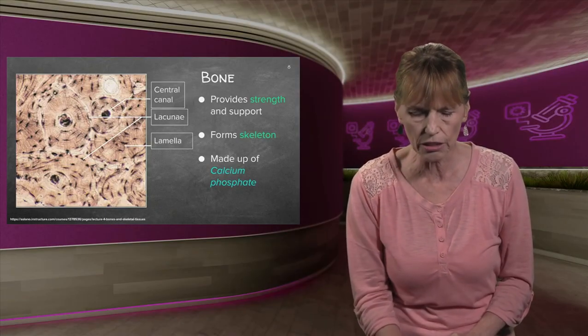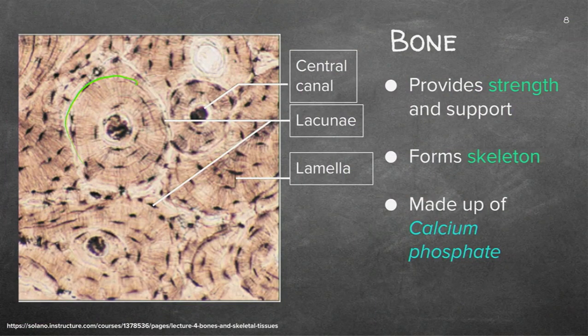Here we have another structure. Bone is actually very interesting. It looks almost as if you've cut through a tree trunk, and they have a central canal. You have chondrocytes, but this is part of what you do in grade 11. These little darker bits are strengthening cells. And this bottom bit actually has the arteries and the veins going through to feed every cell in your bone, because the bone cells are alive. They need to undergo mitosis in order for them to grow, because you're little and you have to get taller.